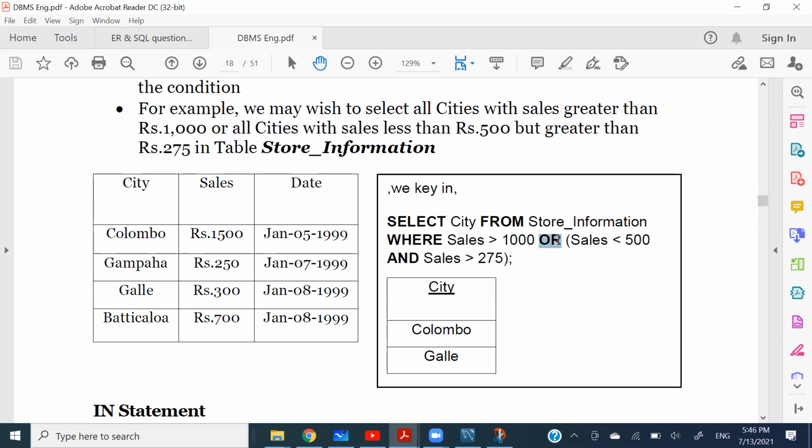Then, because that is what they are asking, either sales should be larger than 1,000 or sales should be in between 500 and 275. After the OR, they have opened the bracket, then take sales less than 500 and sales larger than 275. So from these two conditions, it will choose the values which are in between 500 and 275,